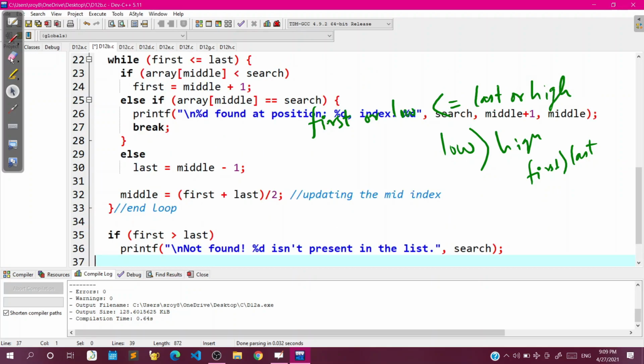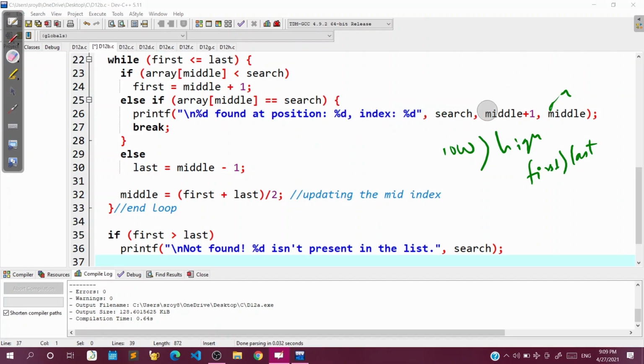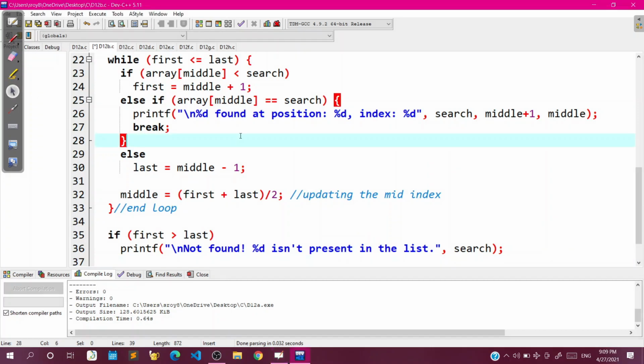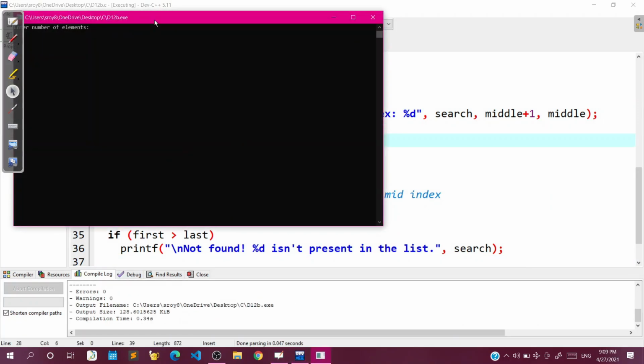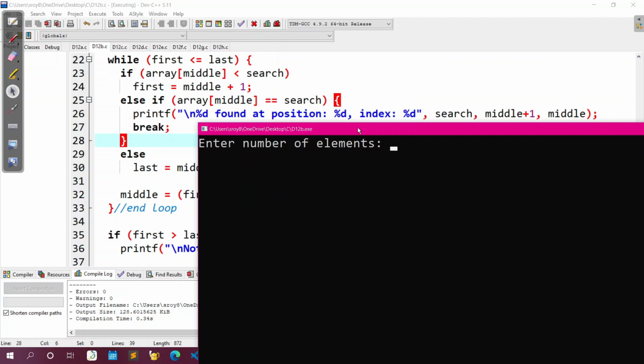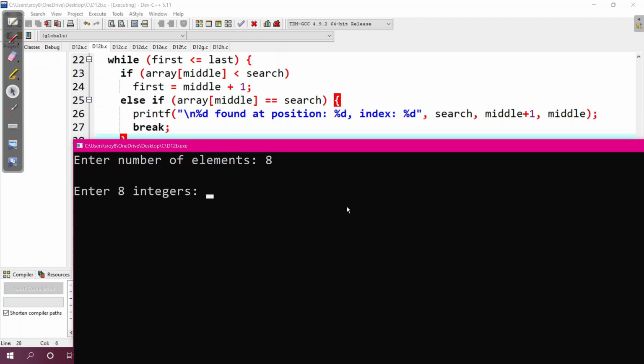Let us try this. First of all, let me erase all of this, it's a mess. Now that we have a clear screen, we can run it. F11. Yes, no errors, no warnings. Give the number of elements. Suppose 8. Haphazard values, but they should be sorted. So minus 9, then minus 4, then 0, then 12, then 15, 26, and 2 more values, 31 and 100.